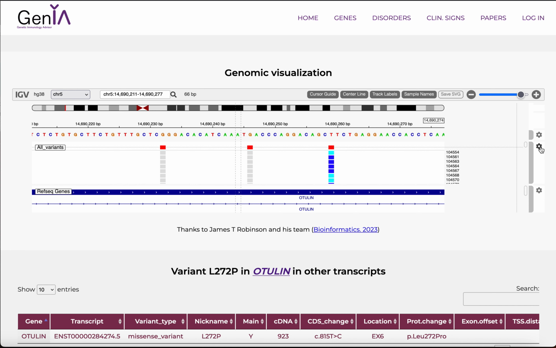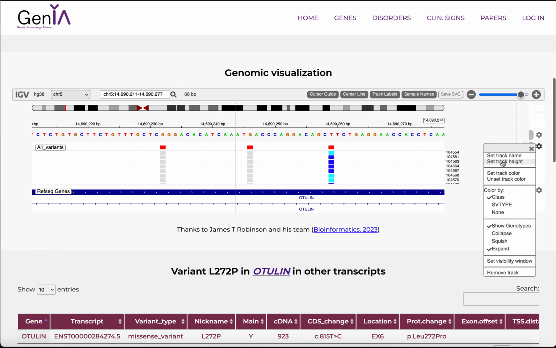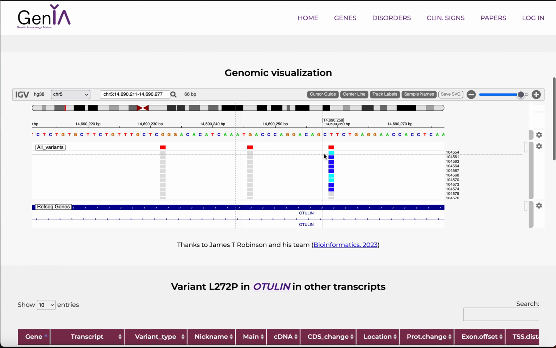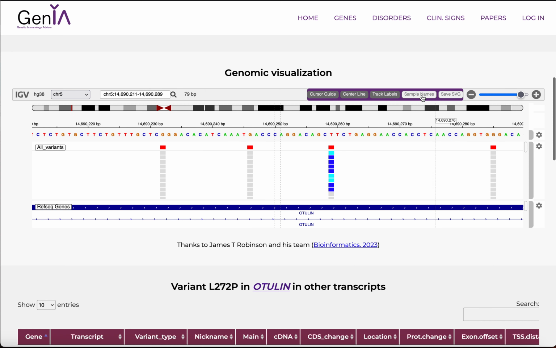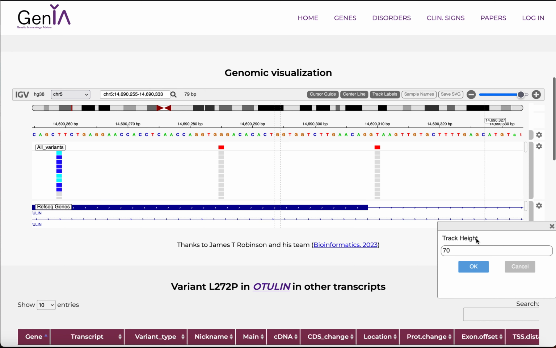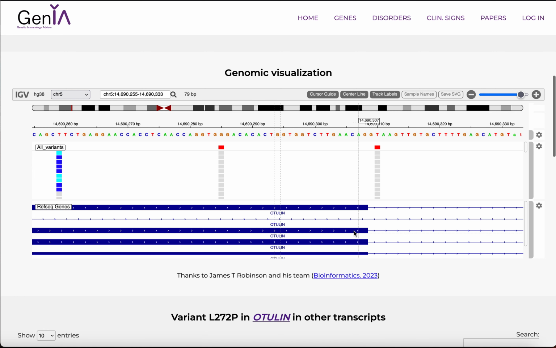You can also use this button to set the track height. For instance, from 110, the default, you can set it to 150, so you can see more. This window will increase. If you click back on the sample names, this disappears and you can see more of the screen. With the other variants, you can also change the height of this track and set it to 150,